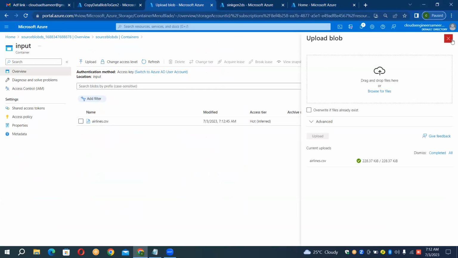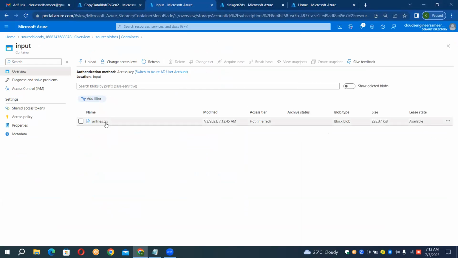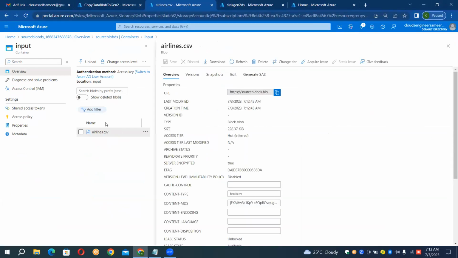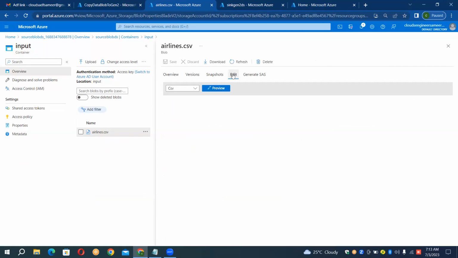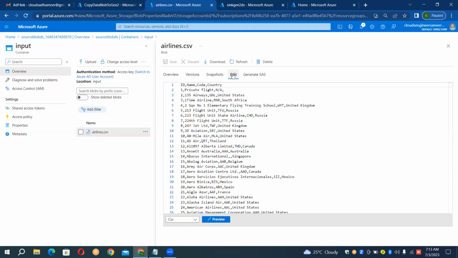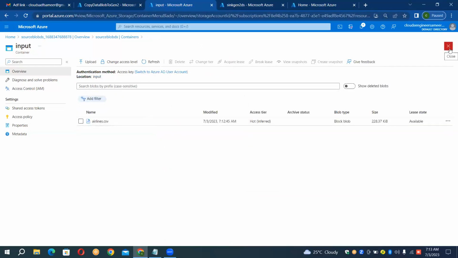Guys, successfully uploaded. You want to see the data? I'm opening this. I click on edit. See, this is the data, where you have ID number, name, code, and country. Anyways, these are the columns you have. So guys, that's the data we have. So now let's go ahead and